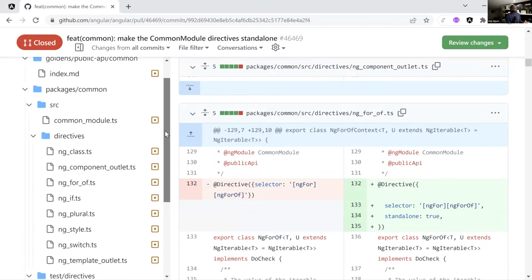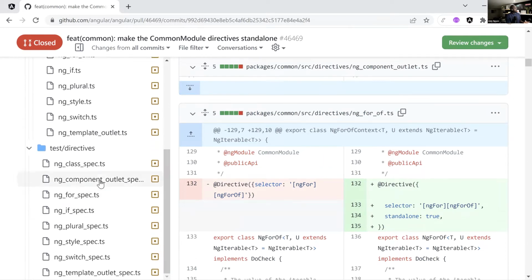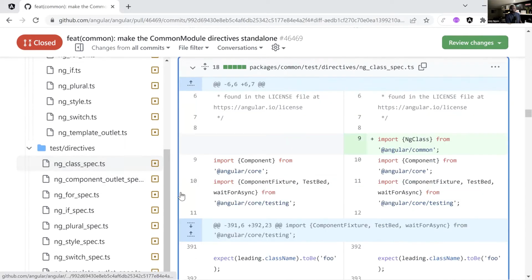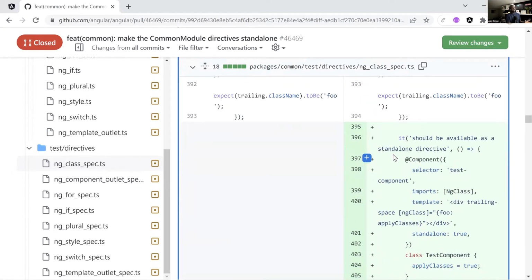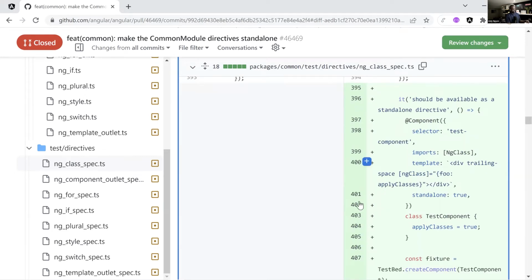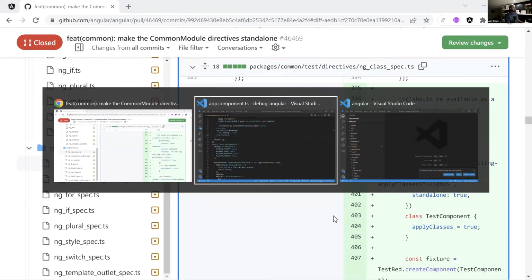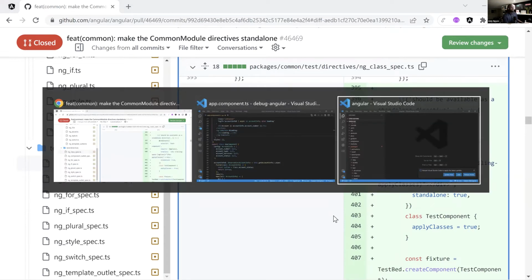But if you go to the testing side, and you go to the ng class spec. So if I was to do it for my own pipes, now I see how the Angular team is implementing their testing, basically. And right there, now I can just copy and paste and then keep on exploring until I have understanding. Okay. The final thing I wanted to show you is AI is here.